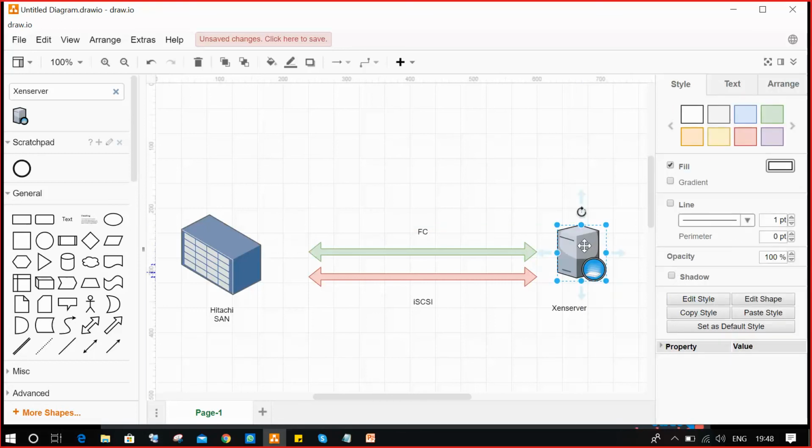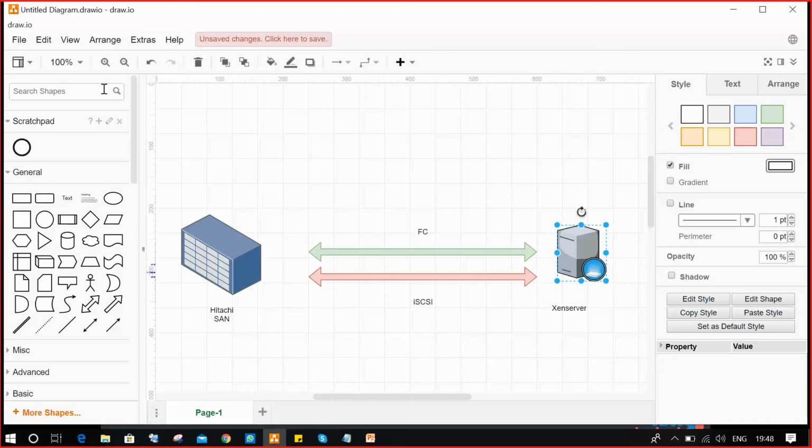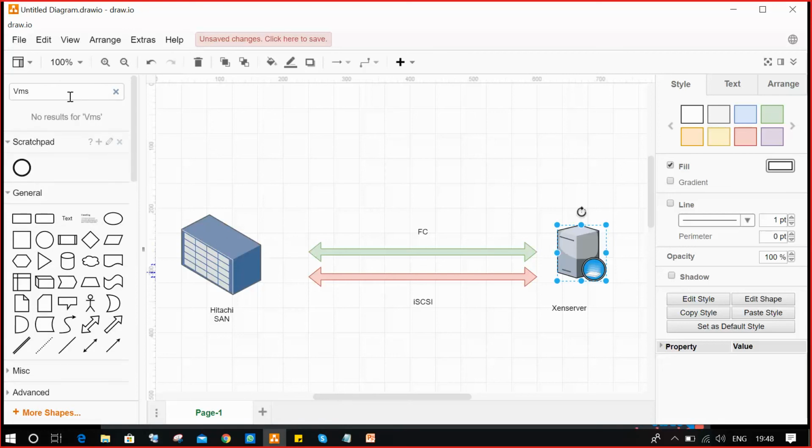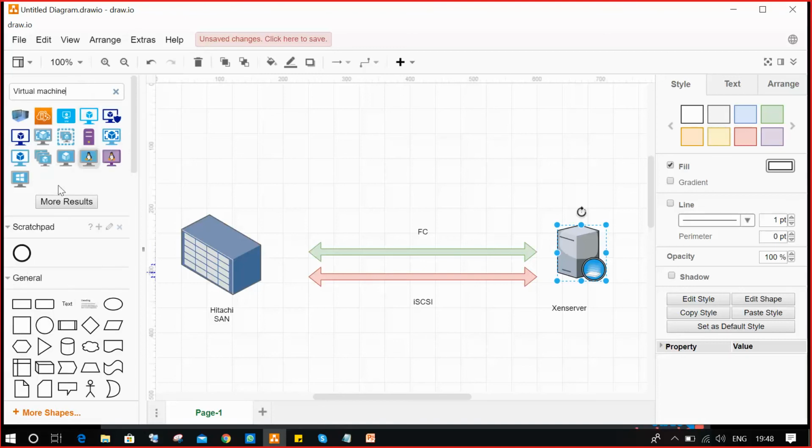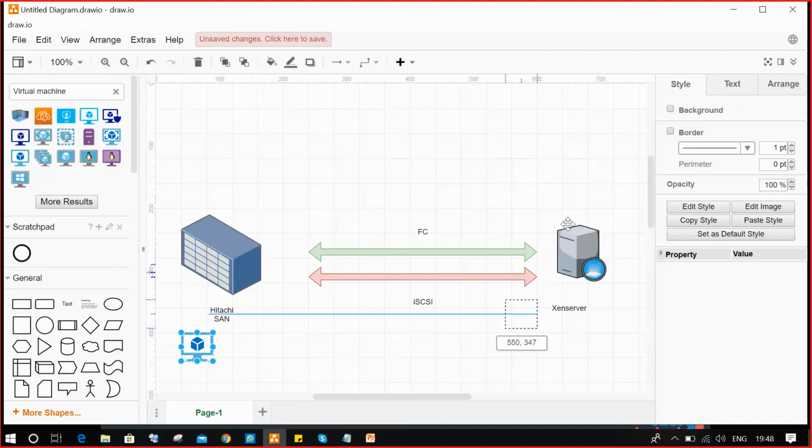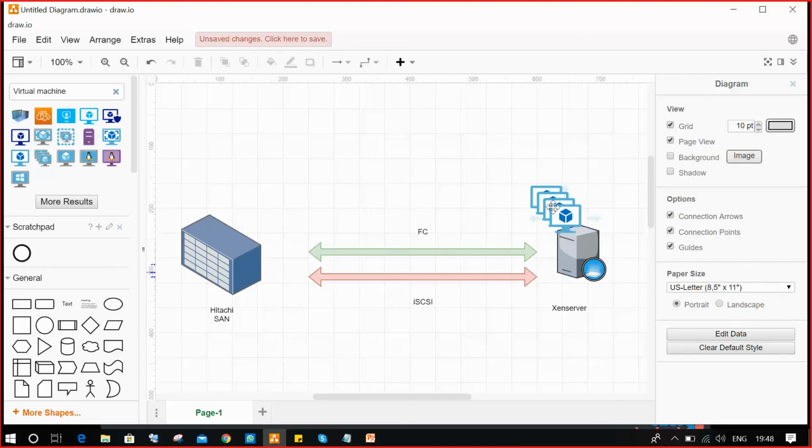So what is the use of a hypervisor? We are creating virtual machines, VMs. My question is, if you're creating virtual machines on the hypervisor, where will the data be saved? Definitely on the local storage of the Zen server. Yes or no? Unfortunately, if the Zen server is down,